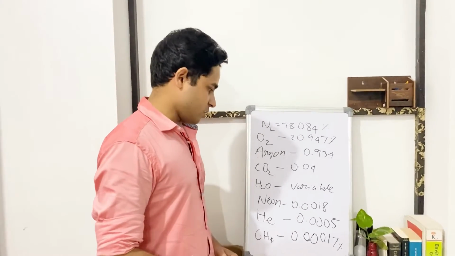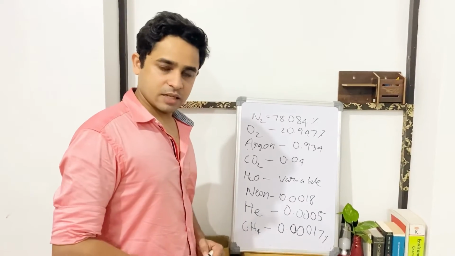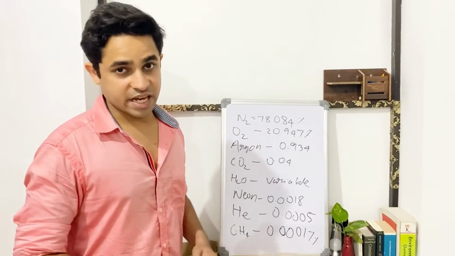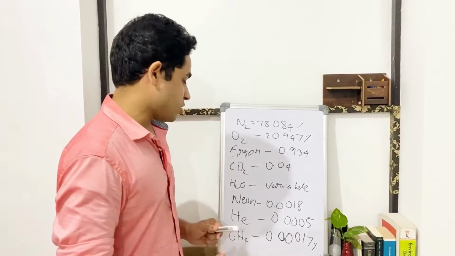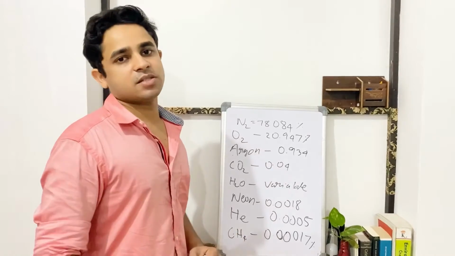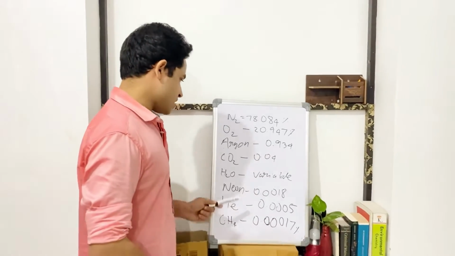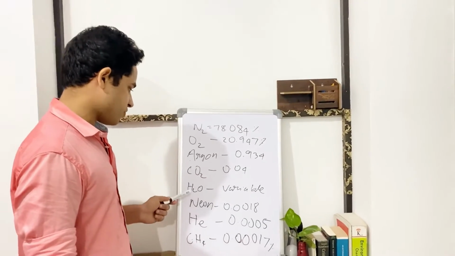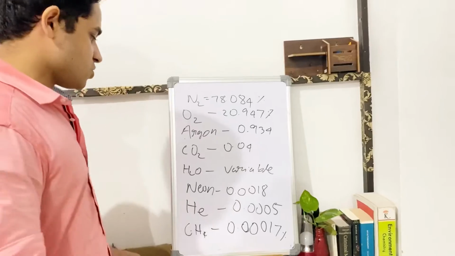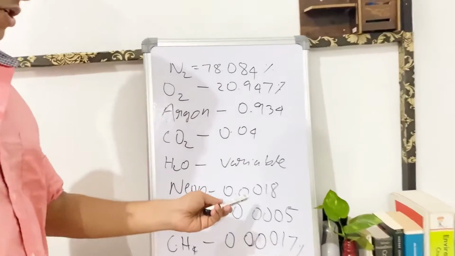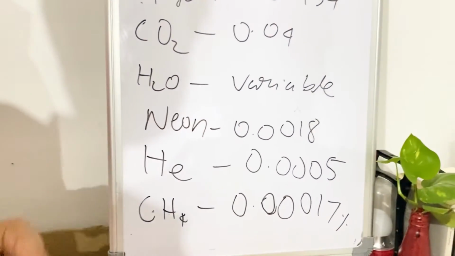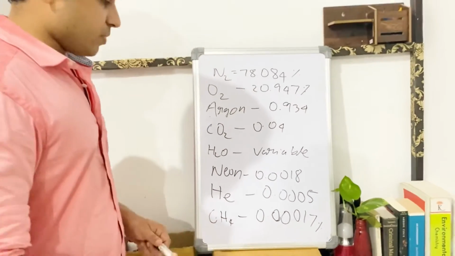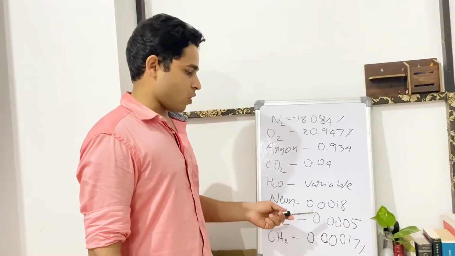So followed by neon. Neon is a noble gas, which means it won't react with any gas in normal circumstances. It won't react with any of the elements in the periodic table. So neon is the gas in the 6th place. Neon is present in the atmosphere up to 0.0018%, followed by helium. Helium is again another noble gas present in the atmosphere up to